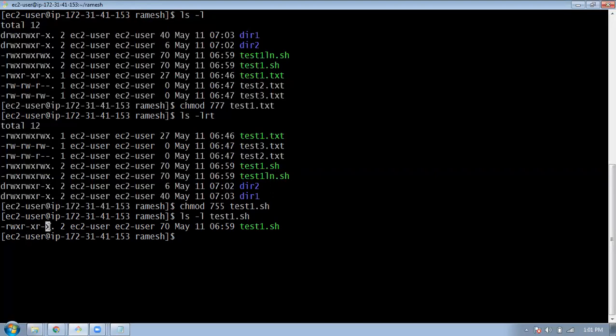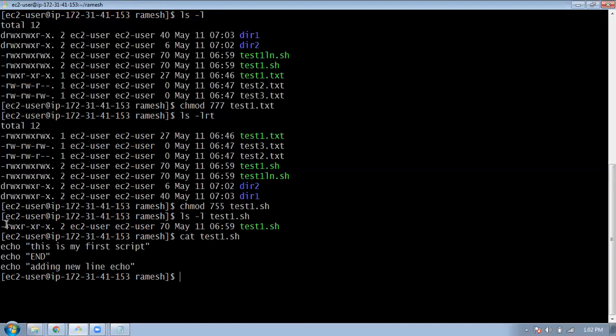So why do I need a read permission? We'll start from here. These are the user permissions. I logged in as the same user, so this permission belongs to me. Let me modify one by one and see. Why do we need read permission? Suppose I want to view the content of the file. Suppose I don't have read access to this file, let me remove the read permission.